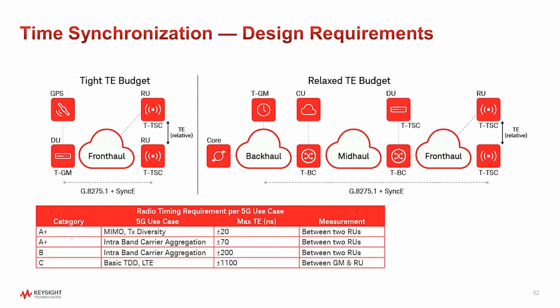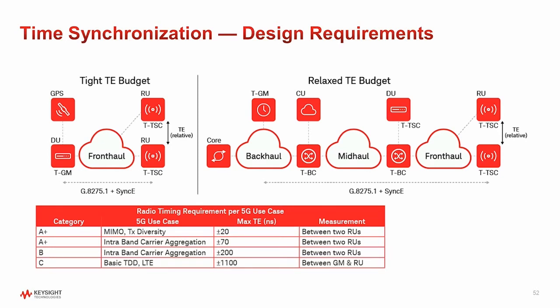More advanced scenarios like carrier aggregation, which is a technique where you use multiple carriers or RUs to serve a single cell phone. In this type of case, the radios require more coordination between them, and the maximum admissible time error becomes lower and lower. Note that in the above network, it's the DU and the RU which perform the real-time radio operation and need to be synchronized. The CU does not do any real-time radio function and therefore does not have the strict time sync requirement that we are talking about right now.